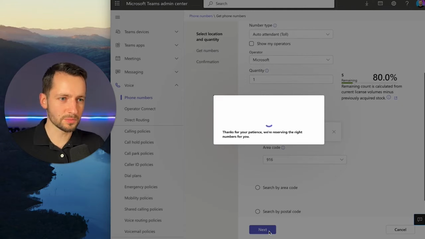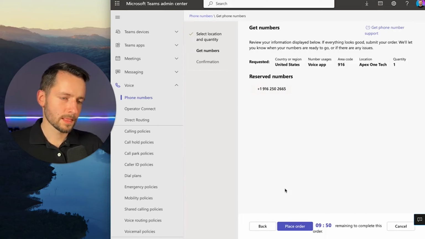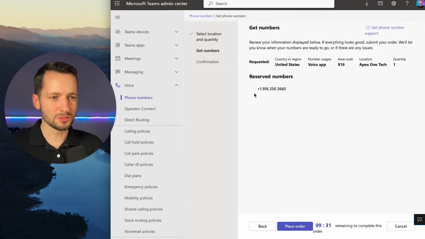So it's looking up a phone number right now. And now, okay, it gives you a reserved number that it found for you. And you basically have 10 minutes to decide whether or not you want to keep it. Unfortunately, it's not the best system. It's nicer when they give you options that you can select from. And if you click back, I usually found it finds the same number unless you wait more than 10 minutes, okay? So if you're not happy with this number, if you're actually going to use this as your business number,